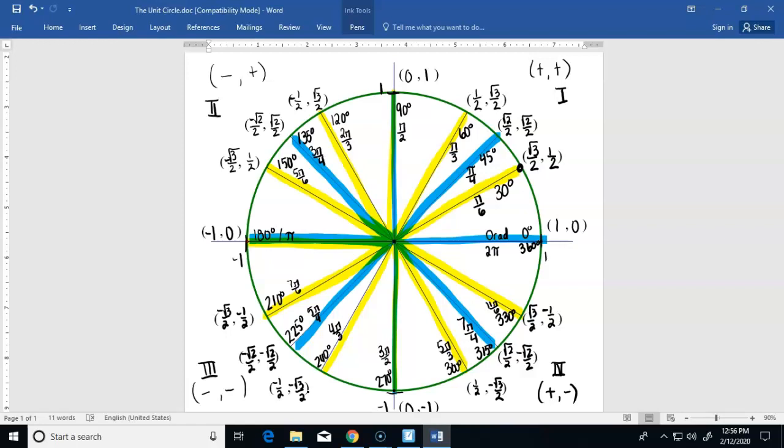So if you know that first quadrant, you can figure out the rest of the unit circle. Now, I've spent quite a bit of time showing you this because I want you to understand how it works, just like fractions. All of these are just fractions of the circle, how the symmetry works and all of that. So this you need to be able to do, right? We will probably do